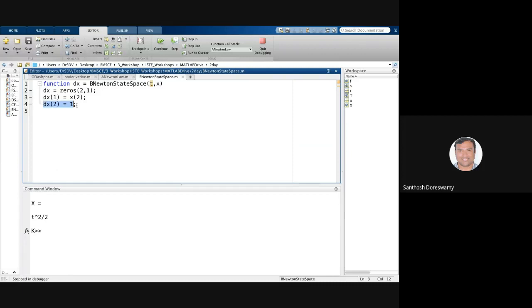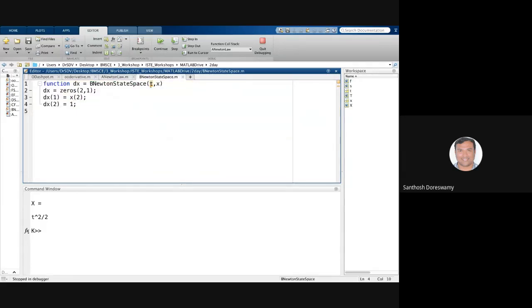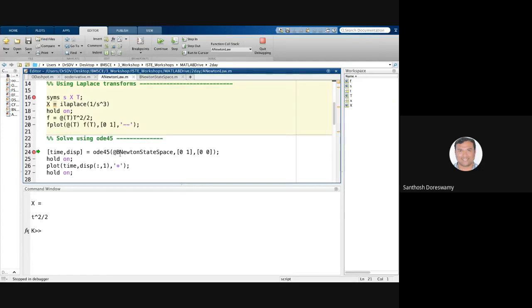Then I take the second differential equation, x2 dot is equal to F by m. Now I'll set the force to be unity, acting on a mass of 1 kg, so dx2 is equal to 1. These dx1 and dx2 are the two derivatives that I have to code within the function file. Once I do that, I can call them using the standard ODE45 command. If I say Newton state space, which has arguments t and x, I will call that here,